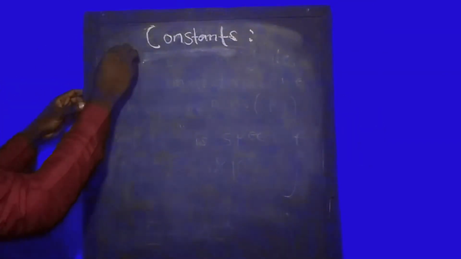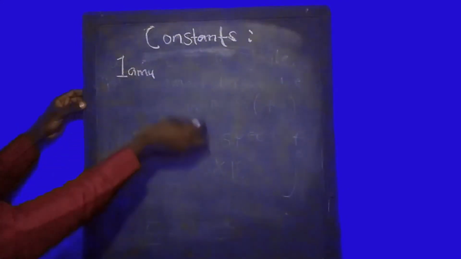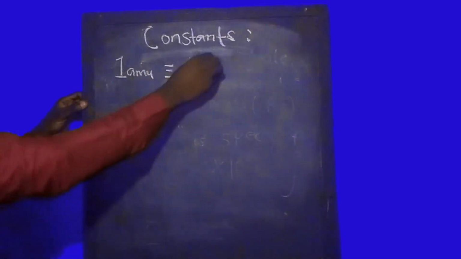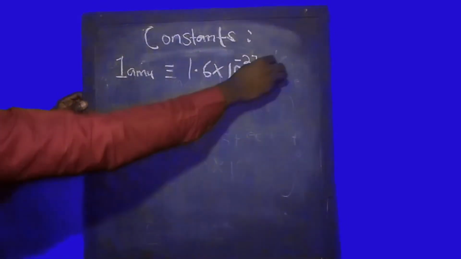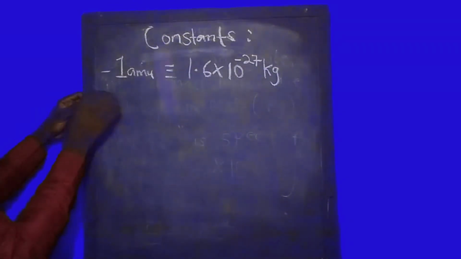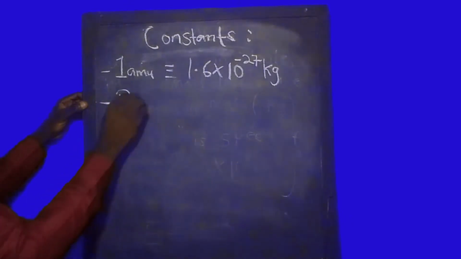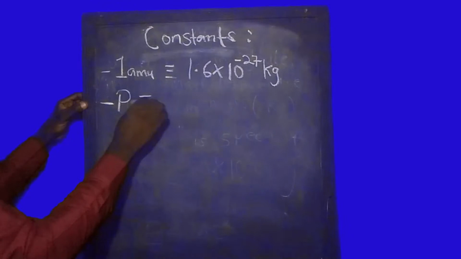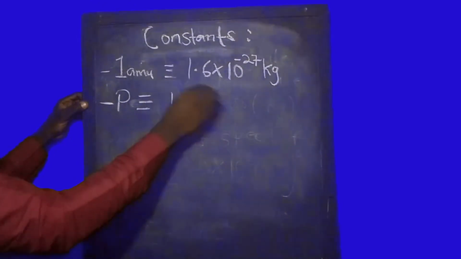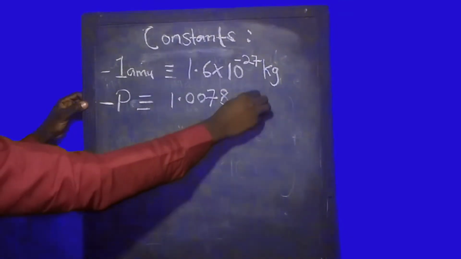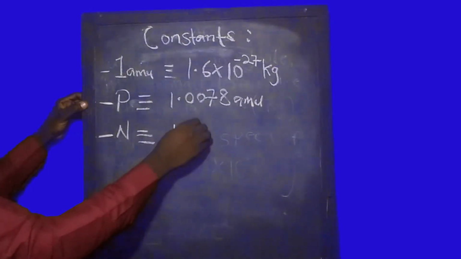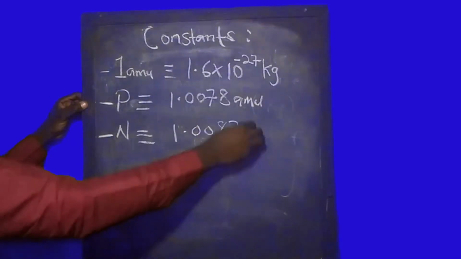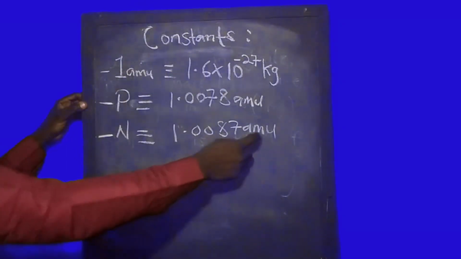So first of all, 1 AMU is equivalent to 1.6 × 10^-27 kilograms, and a proton is equivalent to 1.0078 AMU, while the neutron is equivalent to 1.0087 AMU. Where AMU is atomic mass unit,